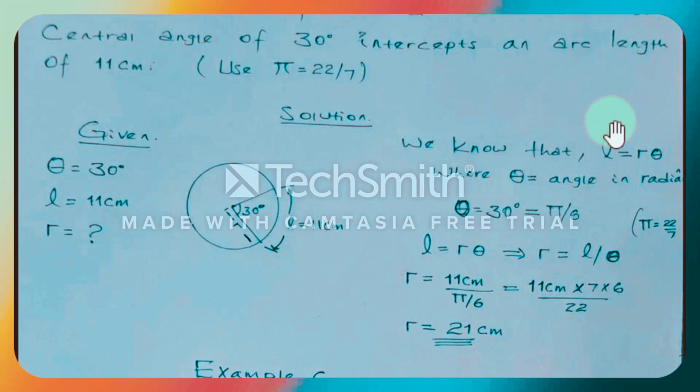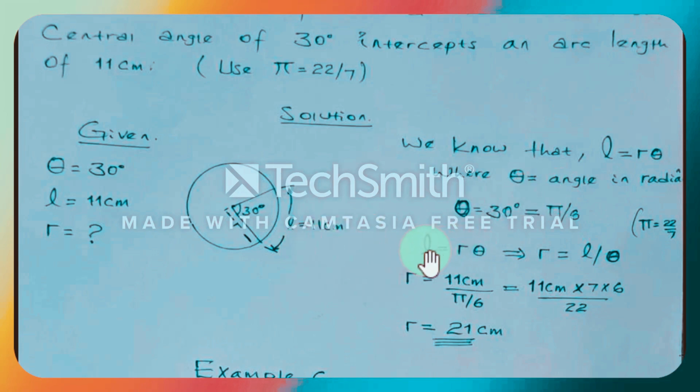ዊ ኖ ዳት arc length is equal to radius of a circle times theta, where theta is the central angle that is given in radian measure. በራዲያን ሜጀር መሆን አለበት ሴንትራል አንግሉ የተሰጠው፣ ግን እዚህ በምንድን ነው የተሰጠው? በዲግሪ። ይሄ መቀየር አለበት ማለት ነው ወደ ራዲያን። Therefore theta is an angle that's given in radian measure, but in this case theta is given 30 degree. so ቅድም ባየነው መሰረት ይሄን ወደ ራዲያን ሜጀር ስንቀይረው ፓይ/6 ይሄን ነው የምንጠቀመው ማለት ነው።